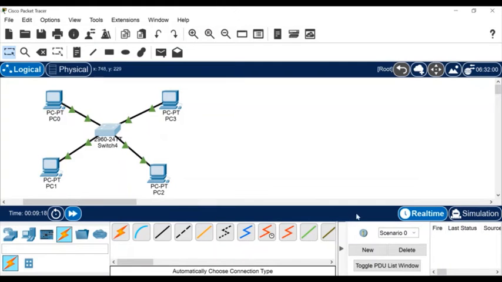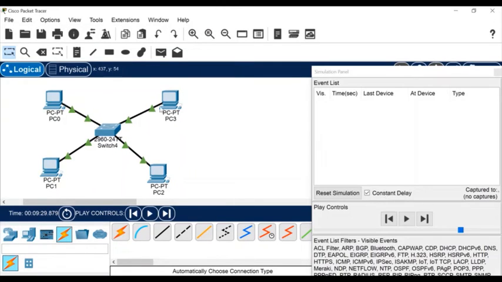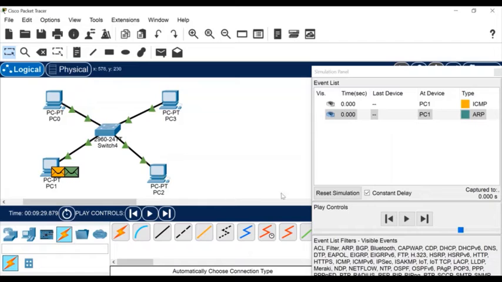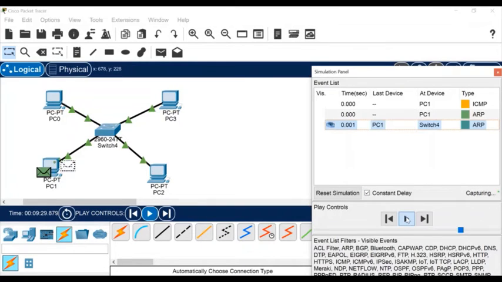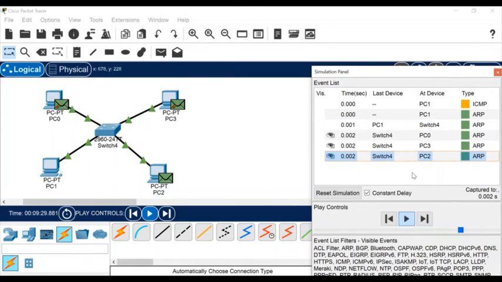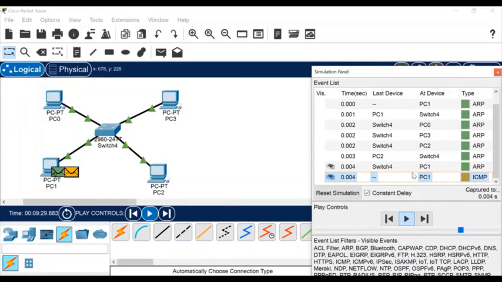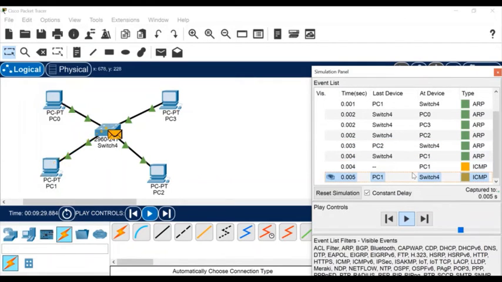So let's start the simulation. It's ready with the ICMP and ARP packet. Now it is broadcasting, finding its path, updating the MAC table, and it is received back.